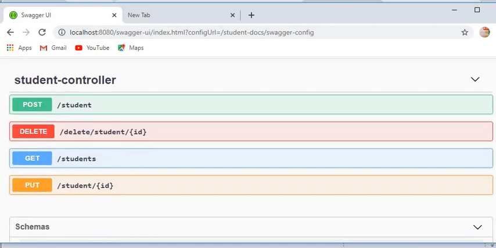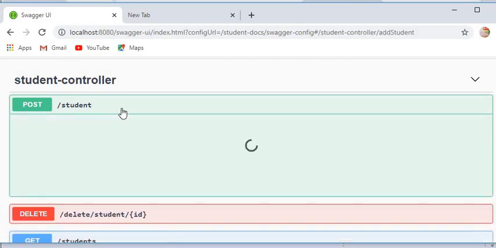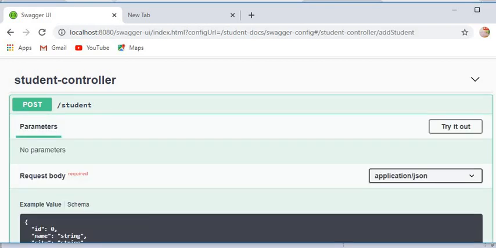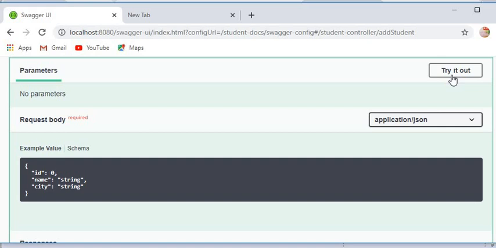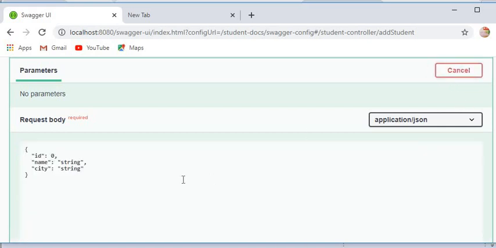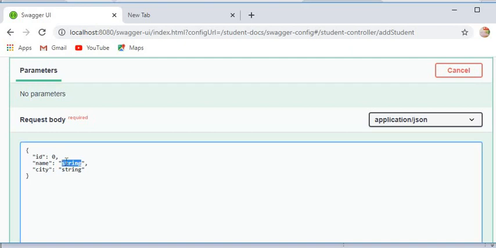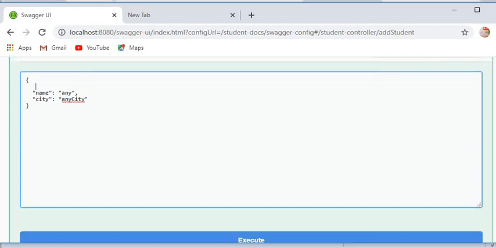And from here we can add a student. I will click here, try it out, and from here I will add any name and any city, and no need to pass ID from here because it will be generated automatically.